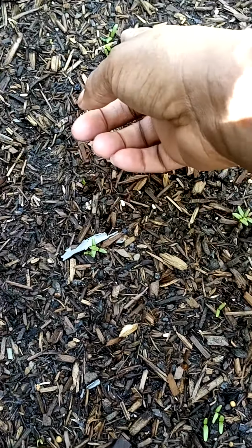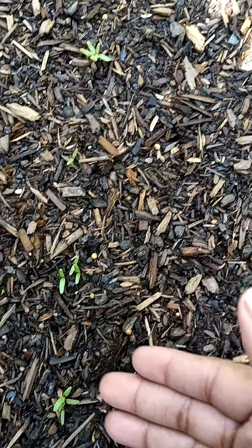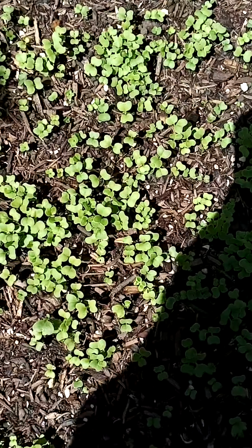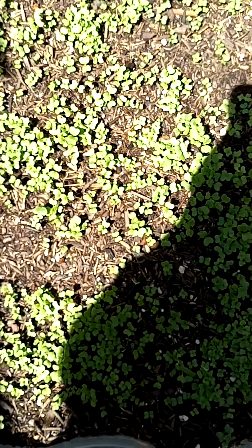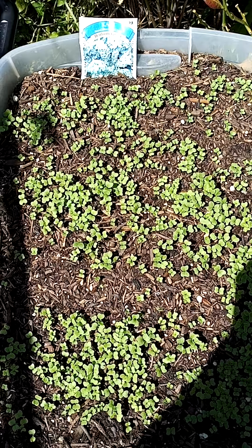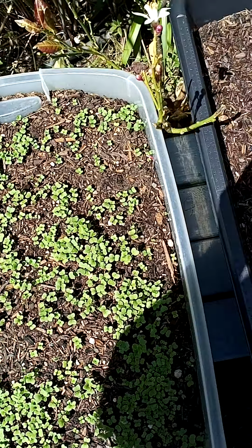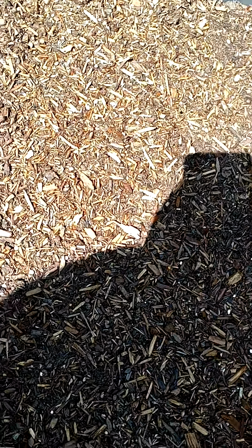All right. Let's look at the chard. The chard has finally come up, guys. Look at that. How pretty is this? The chard. And I put these in rows. Only one I didn't do in rows was the kale. Look at her. Isn't she gorgeous? That's the Dollar Tree kale. The celery is the only one I've noticed that has not